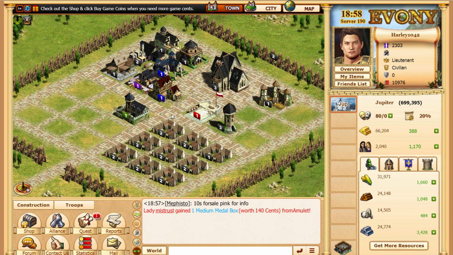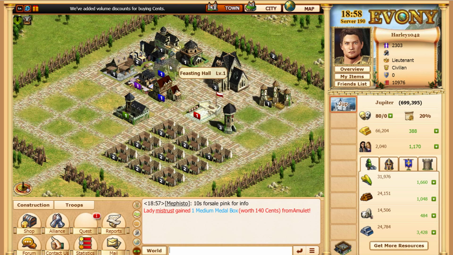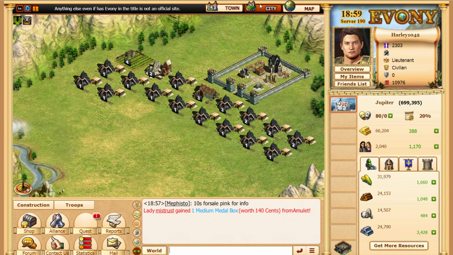So I've done a little bit of work off camera because it's kind of tedious going through this guide that I got here, the 60 step guide. So the town hall is now level 3, walls are level 2. I built my beacon tower up. I built a bunch of cottages, you can speed those up if you have the resources, and I built a